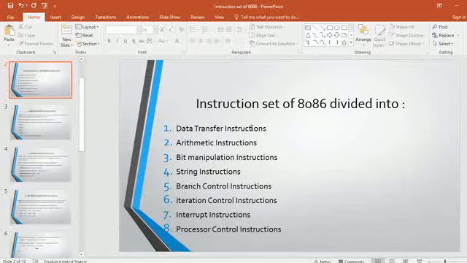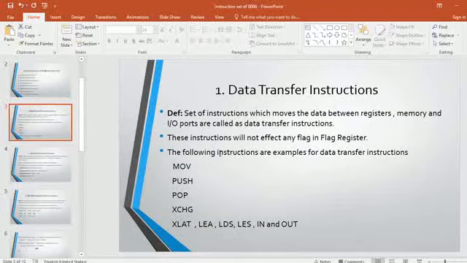You are supposed to list out all the instructions. When you are preparing the notes, you prepare notes for every instruction. But from the exam point of view, you are supposed to list out the instructions which come under the data transfer. I'm just explaining only one type of instruction set, and the same thing is applicable to the rest of the scenarios. Okay, now.